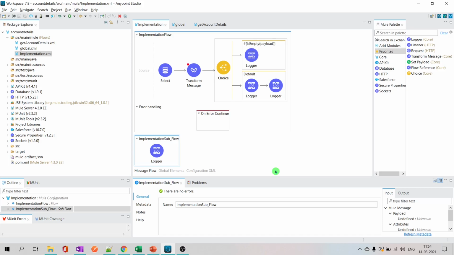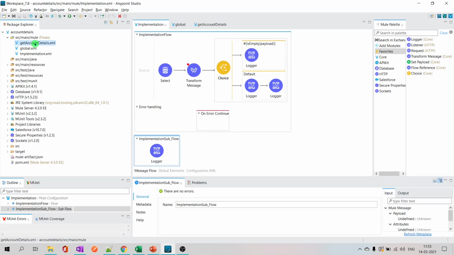Similarly, we can have fine-grained APIs as well, which means this API is meant for implementing a simple, single business functionality. In this case, ours is get account details. That is it. This is a fine-grained API. Let's say you have an API which does fetching account details, fetching customer details, doing a fund transfer, making a payment. If you have all these in one API, that will be called coarse-grained. This API has multiple business implementations. That is the difference.